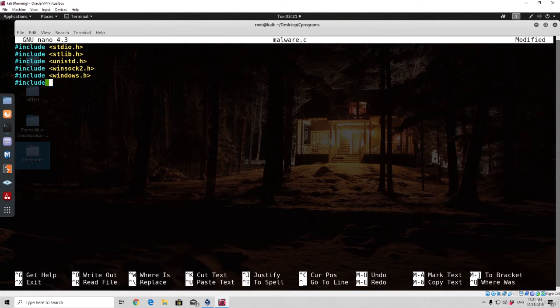Now we're importing all of these Windows libraries because we're creating a malware for Windows, and we're going to have to actually perform an API entry to the Windows and then perform the actual connection to the target or to the actual attacker PC. And you will see right here we are going to need winuser.h